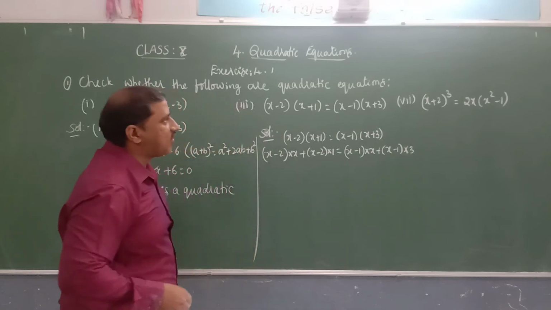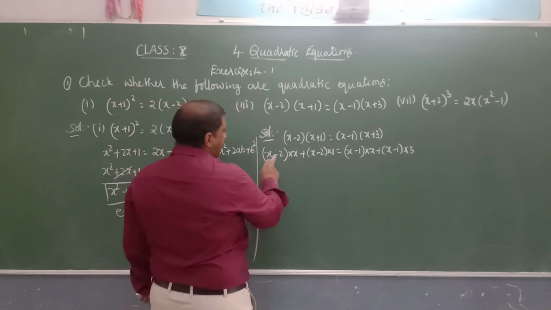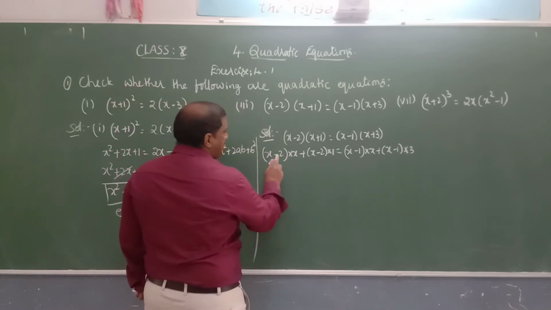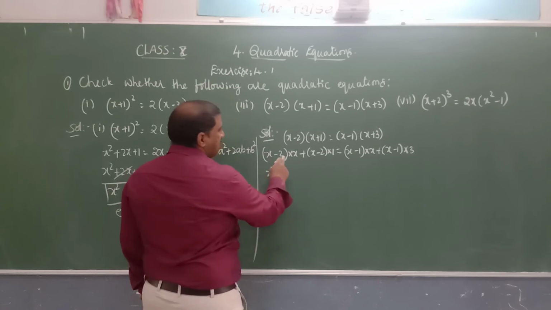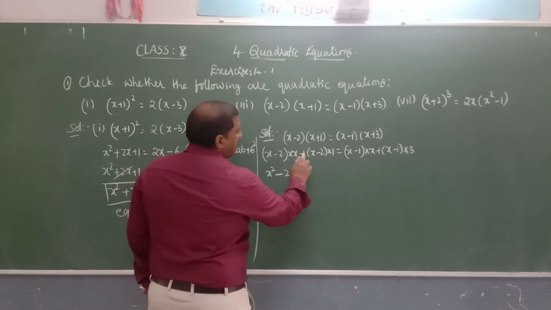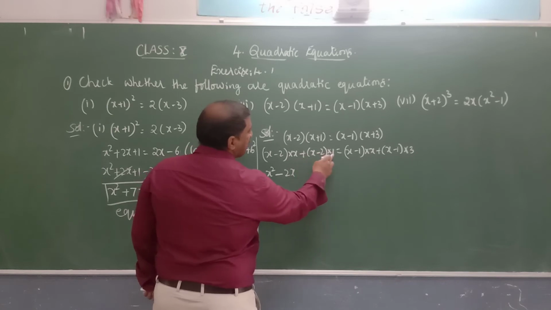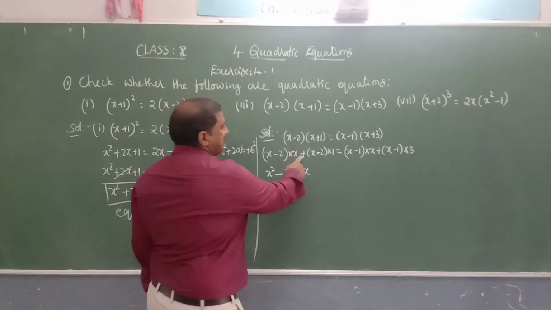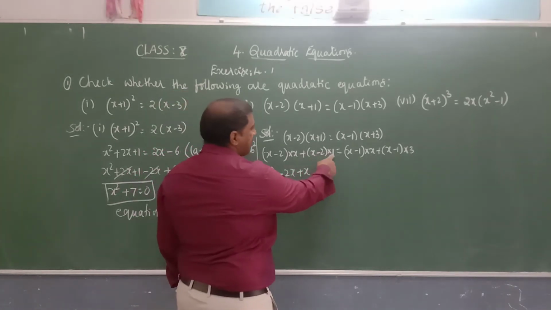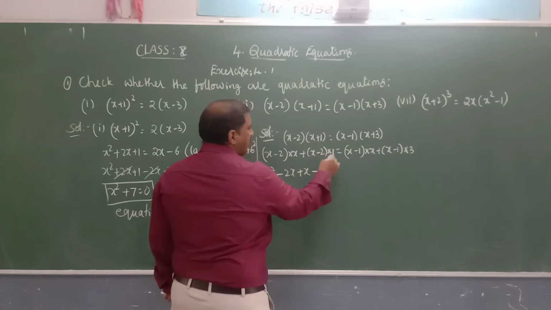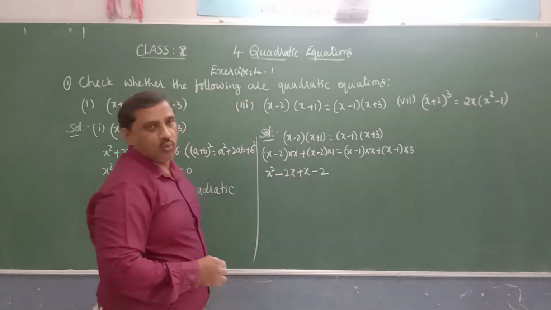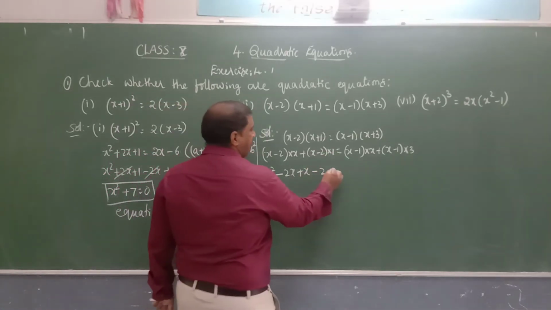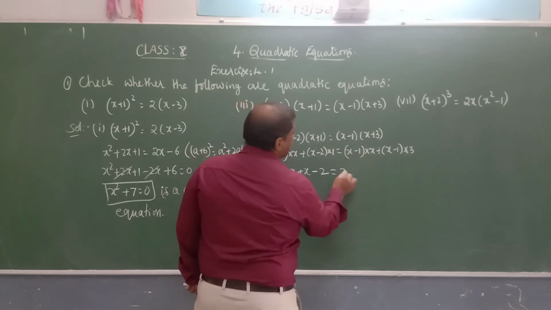X minus 1 into 3. Now multiply. X into x is x square, minus into plus is minus, 2 into x is 2x, plus into plus is plus, plus into 1 is plus, x into 1 is x, or simply it is 1x or x, plus into minus is minus, minus into plus is minus, 2 into 1 is 2. That is equal to x into x, it is x square,